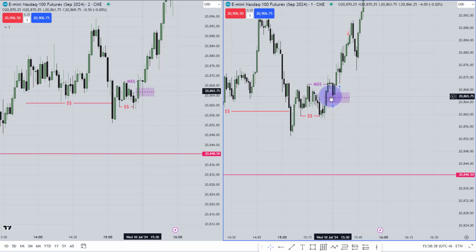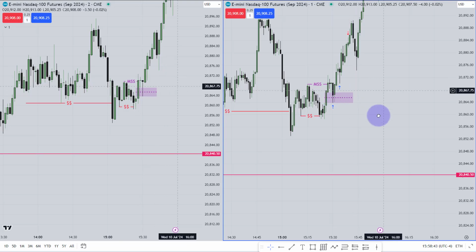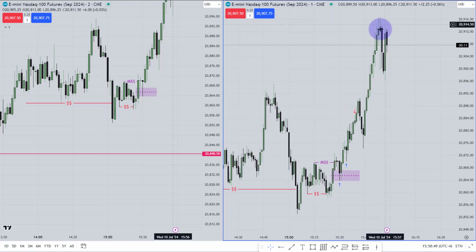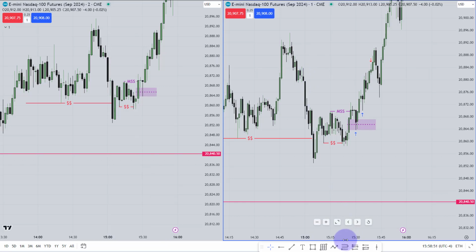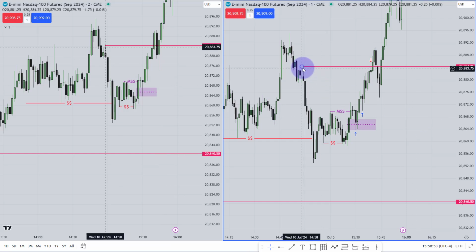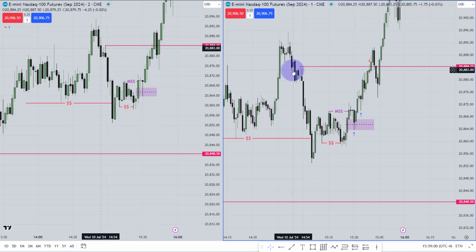There is nothing wrong. I took my entry when the market tapped into this fair value gap. I took my entry over there. My target was that high. I didn't want to hold it until this one or that area. Instead of that, I wanted to close my trade around that area, above that high. Now, why did I mark the target over there? There's no logic, just no logic.